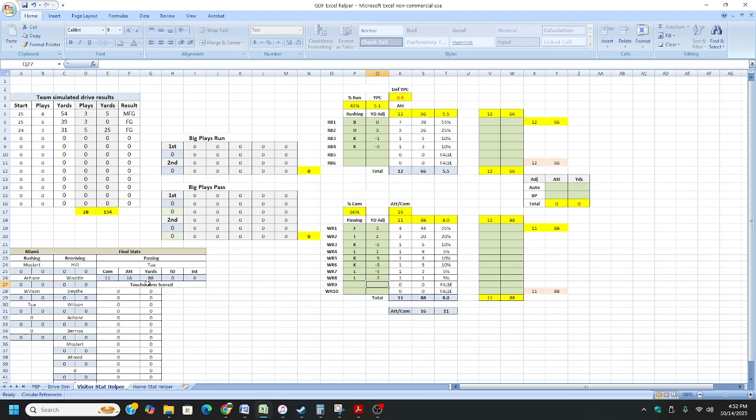So you can see here that everything is carried over from the drive sim chart. So this is all broken down. So now what you have to do is just make sure it balances. So we got a 12 and 66 on both the yellow and pink, so that's going to balance. So really all you got to do there is enter what is in each of these